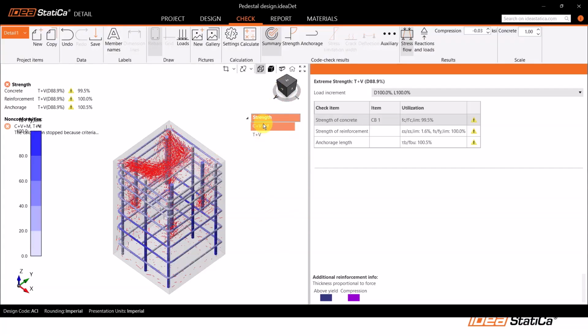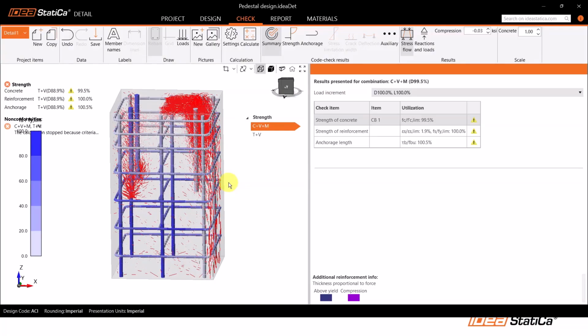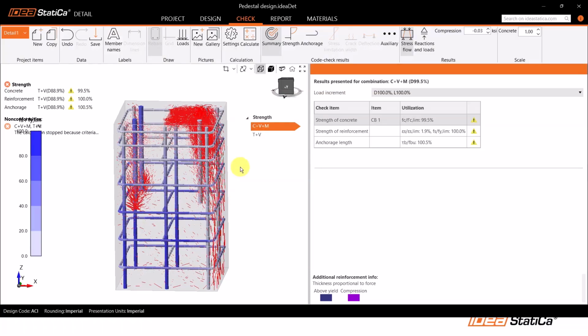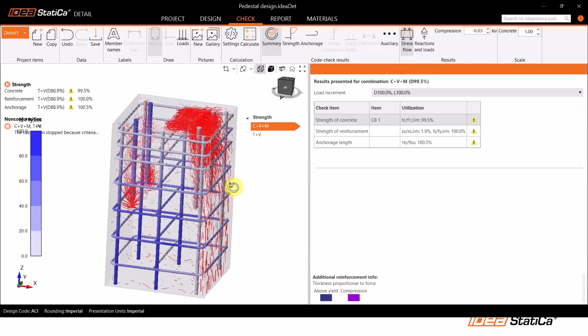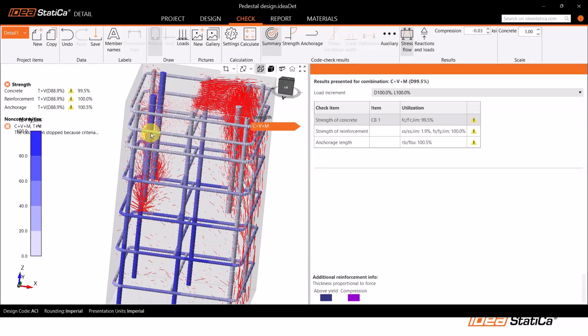So here also you have the two load combinations. So you can click over this C plus B and plus M. So this will be the stress flow, as you can see here. That's what we have active here. And you will see how the stresses were flowing through this system. You can see that here we have the compression forces, shear forces, and moment forces. If you remember, we have two anchors in tension. So you can see that they are pulling the concrete, and they are generating these kinds of vectors,